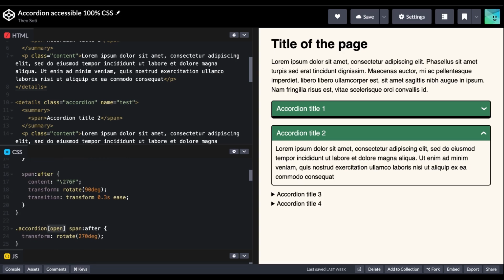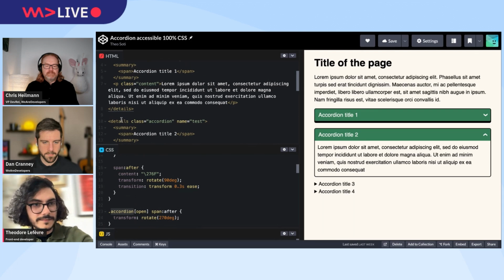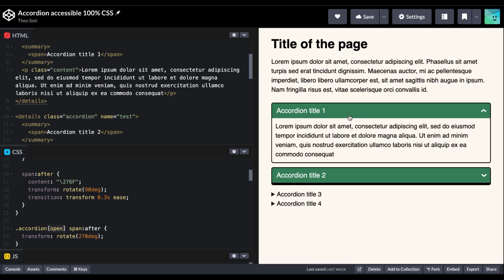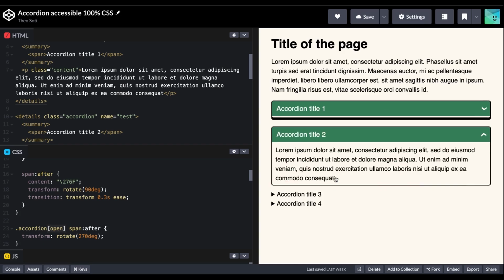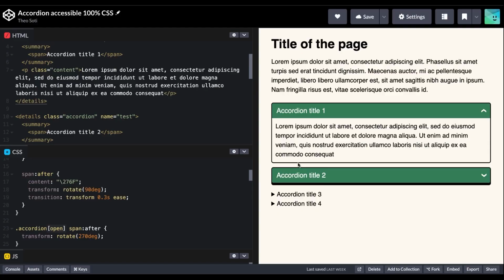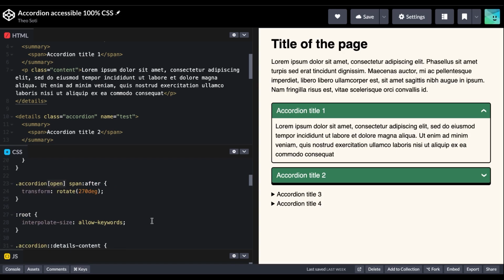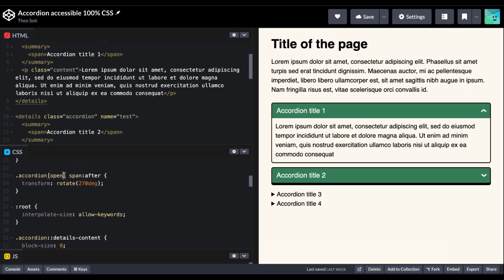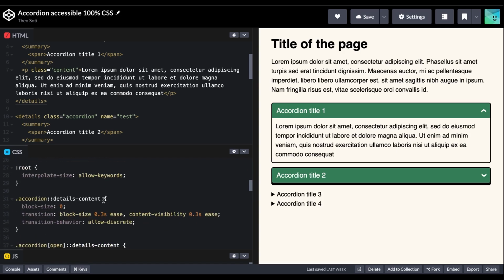The details tag has an open property that is available to style when the drop-down is open. So that's how you do the transition, the height transition, for example. By default, it's instantaneous. Here, I added a small transition in the height. So yeah, you have this, and you also have the details content